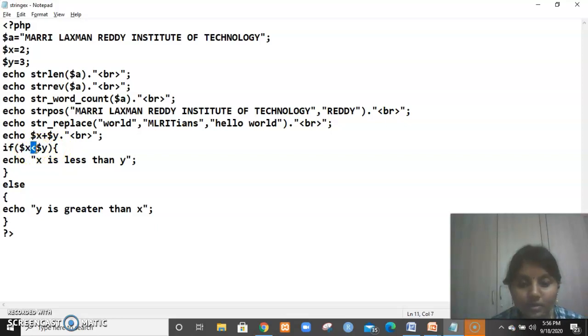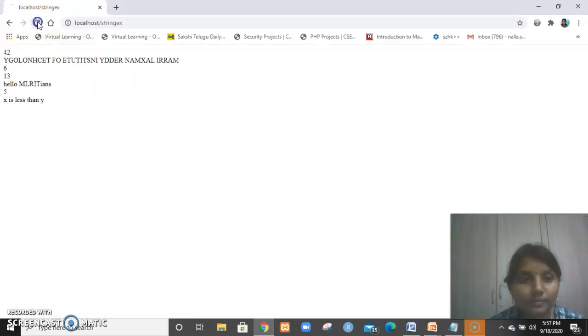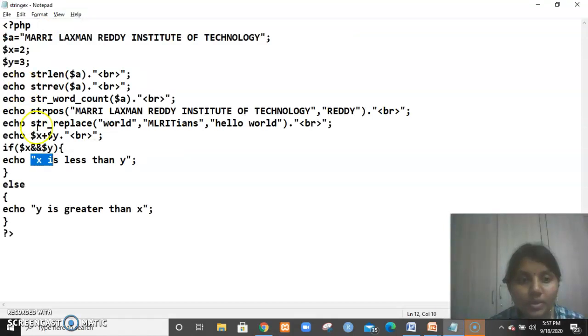Now if I use here double ampersand, let me check with this. It's not printing anything. So what is happening here? This is just a logical operator, the logic you are checking, but here $x is equal to 2, $y equal to 3, right?